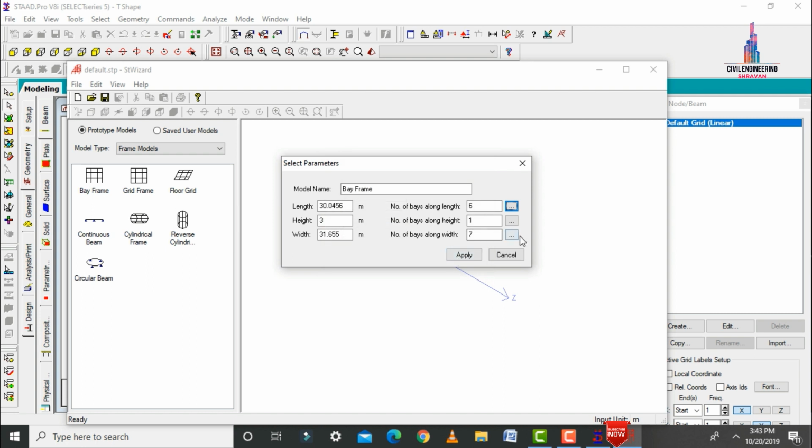After that we select the 3 dots related to the width direction.